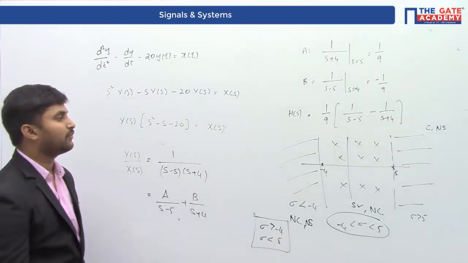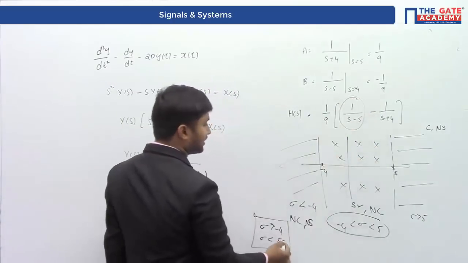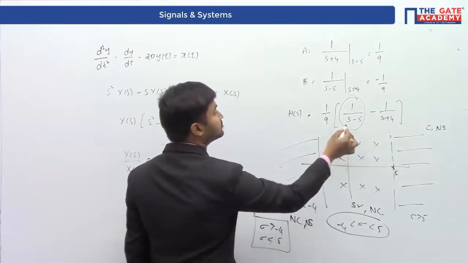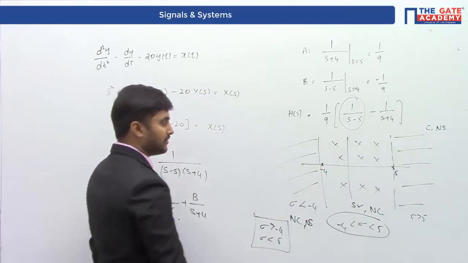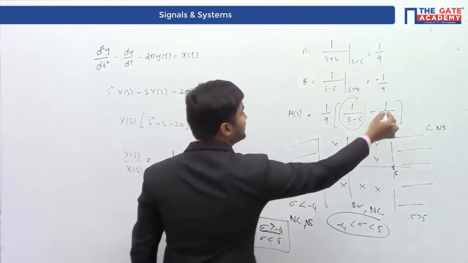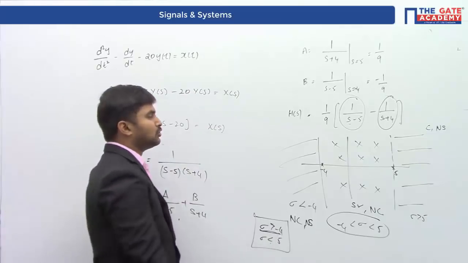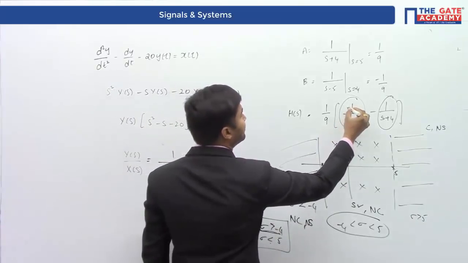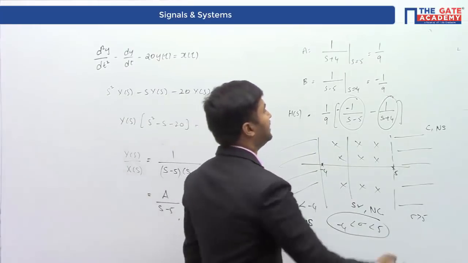Sigma greater than -4 and sigma less than 5. So this part, sigma less than 5, should be written in terms of the anti-causal part, whereas sigma greater than -4 means that this part has to be written in terms of the causal function. So to write this in terms of anti-causal, I will do minus of minus. In that case, what will happen is that